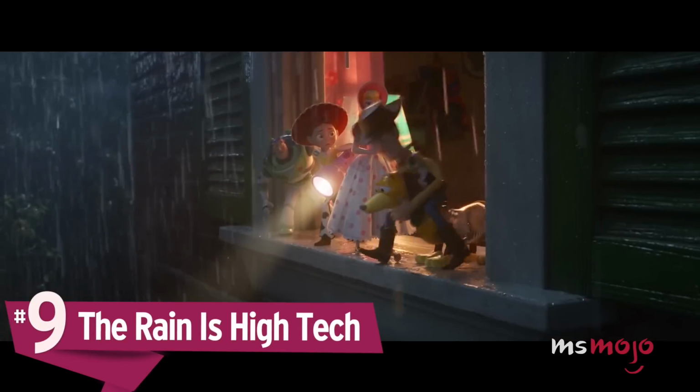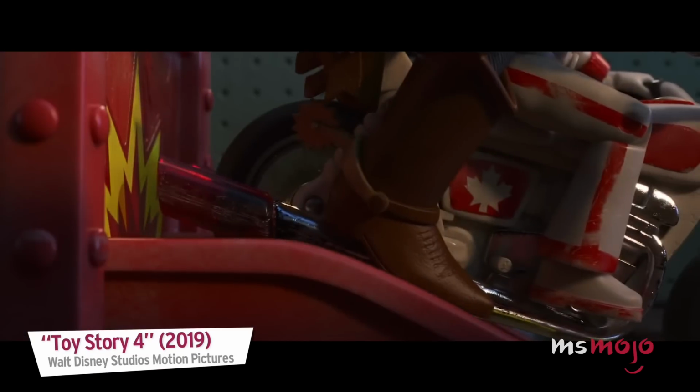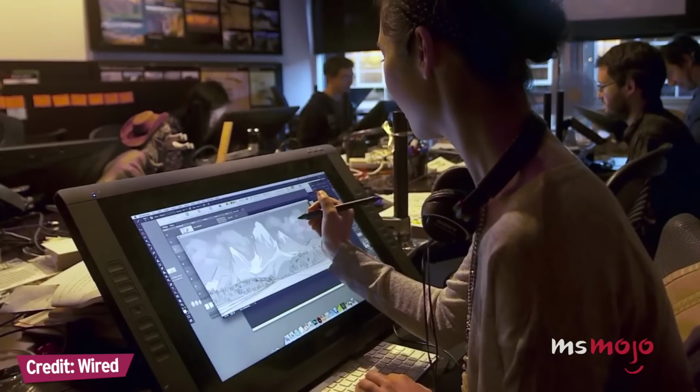Number 9. The rain is high-tech. So that opening scene we mentioned? It takes place in the midst of an epic thunderstorm, which is kind of a big deal if you know